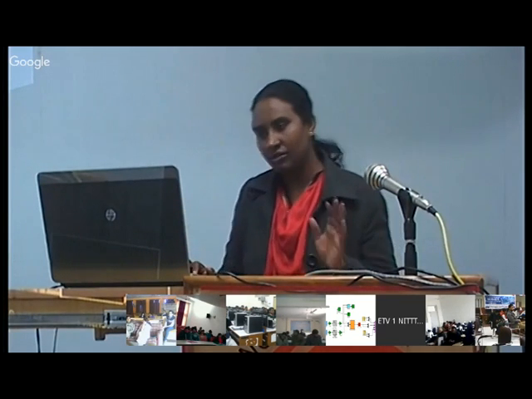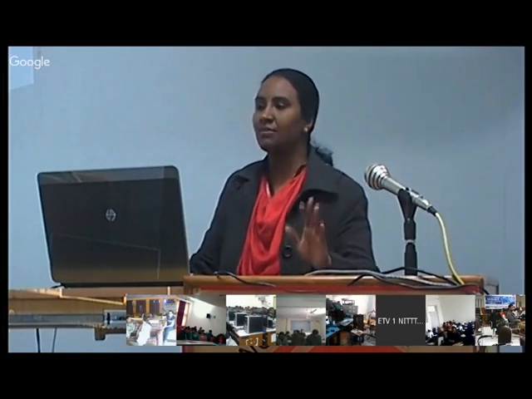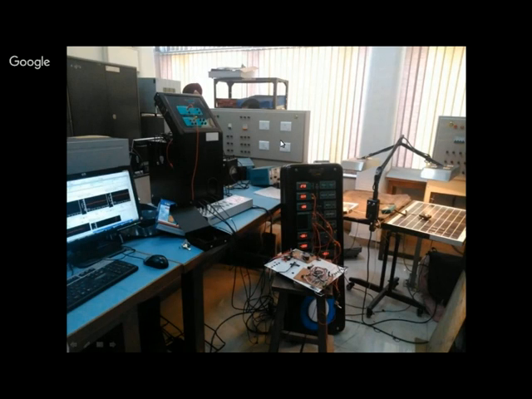So now, this is a small setup which we did in our laboratory. I have already shown you the circuit of that. Here you can see a black thing. This is nothing but our DC to DC converter. It is a buck converter. Buck in the sense it steps down the voltage.